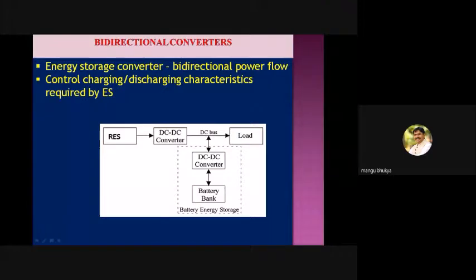For the battery bank also we require an interface circuit. Definitely that interface electronic circuit is a must, because to tap a battery we have to protect the battery, and power from the battery is bidirectional. We have to charge the battery as well as take power, because PV is not available at night time. Just like in our home we have a UPS, which is nothing but a battery.